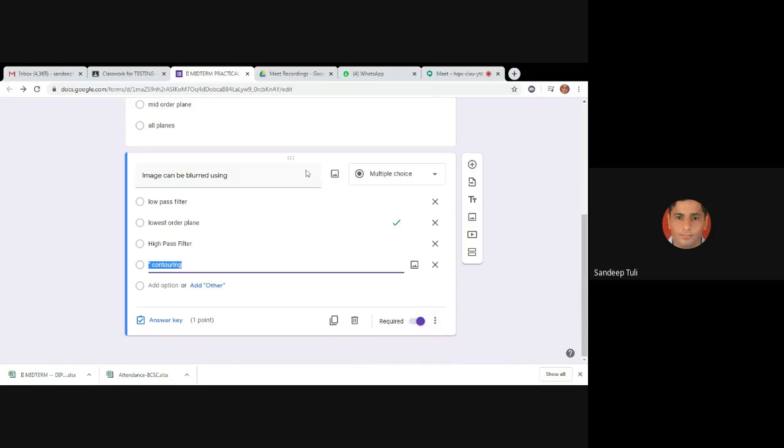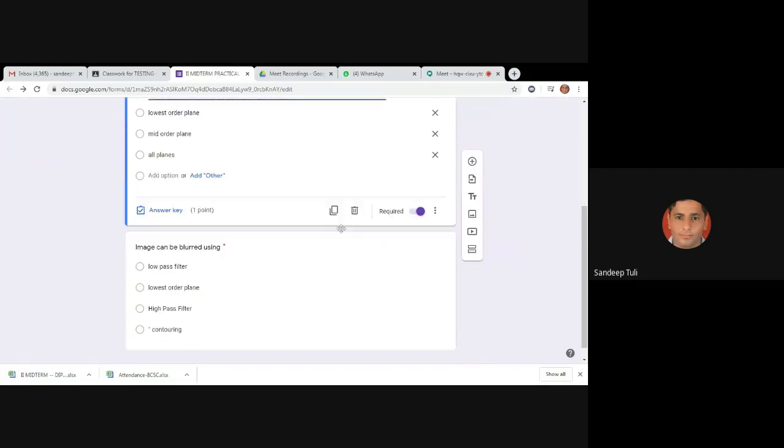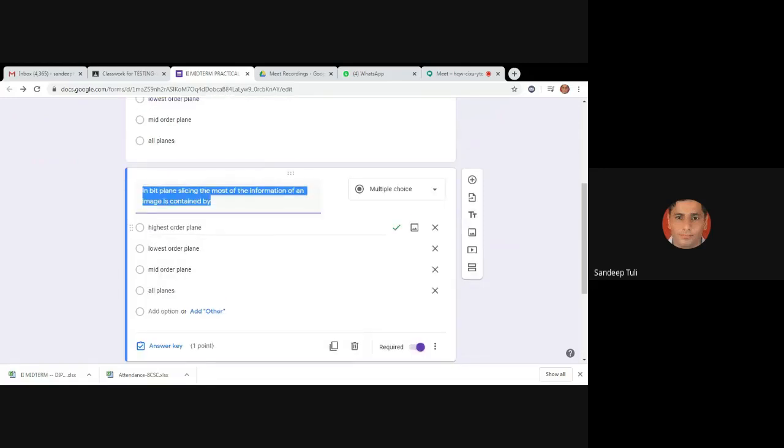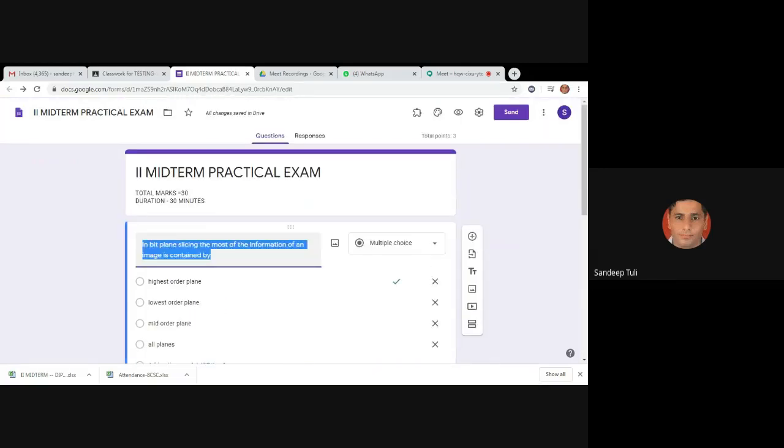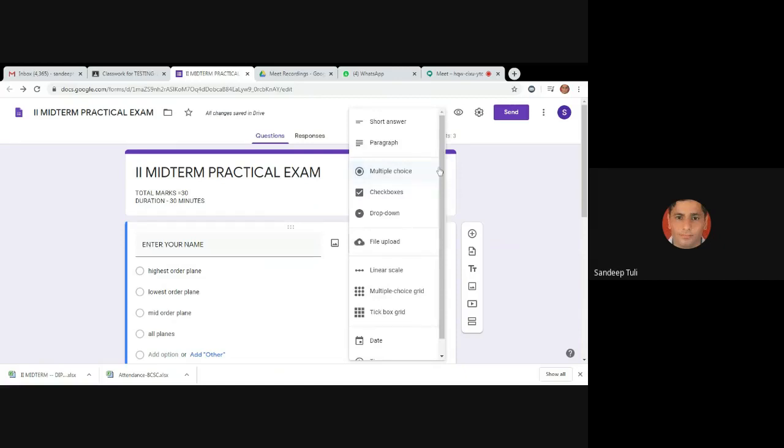All the other properties have been copied as I have duplicated the question. Okay, so now we have one more option over there. We can add a section. Suppose we want every student to make some specific entries before starting the quiz. Like in this, I want the name and the registration ID of the students to be there. So in this case, enter your name, and then we need to change the type of the options.